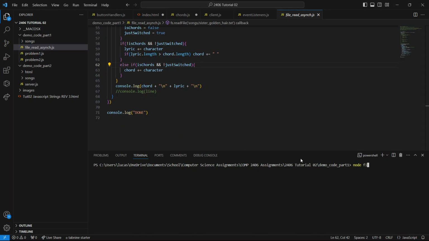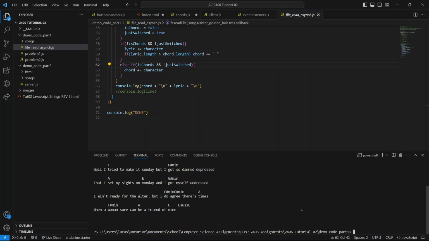Node file read async.js. Perfect. There we go. On to